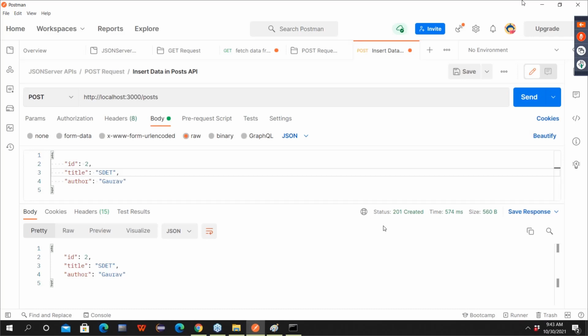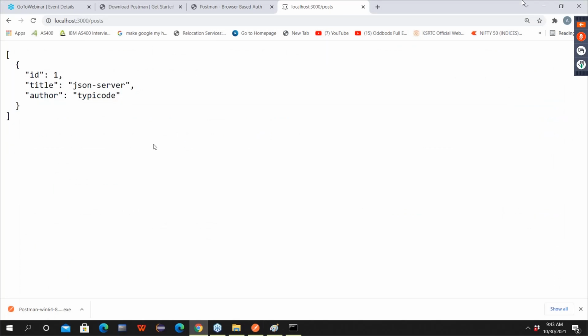Now guys, let's cross check whether it is really added or not. Go to browser. How many objects are here? 1. But as per our request, we added one more object. Am I right? Refresh. Is it done? Yes, sir. Is your data added successfully? Okay, created successfully. Like this, in real time, API testing looks. So you have to check whether data is added successfully or not. This is how we will send post request.